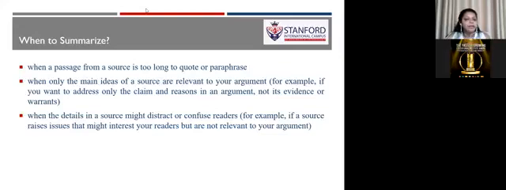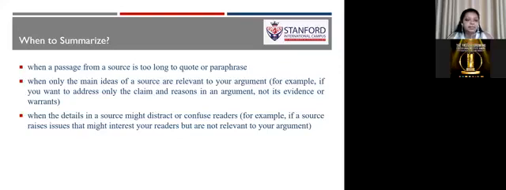No. If it is too long, can we paraphrase it? No, right? So all those options are taken away from us. So if the thing that you want to include is too long, the only option that is left for you is to summarize, meaning to take the main points. Okay, so that is